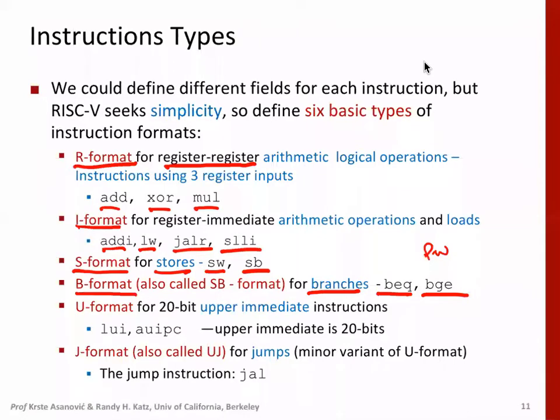And then we have the upper immediate format. If you need a constant of 32 bits, you can't do it using ADDI alone. You have to load 20 bits as a constant, and then the remaining 12 bits with ADDI, which we have seen as an example. So we have two instructions, LUI and AUIPC. We'll look at both of these again. And then we have the jump format, which is an unconditional jump, like jump and link, etc.